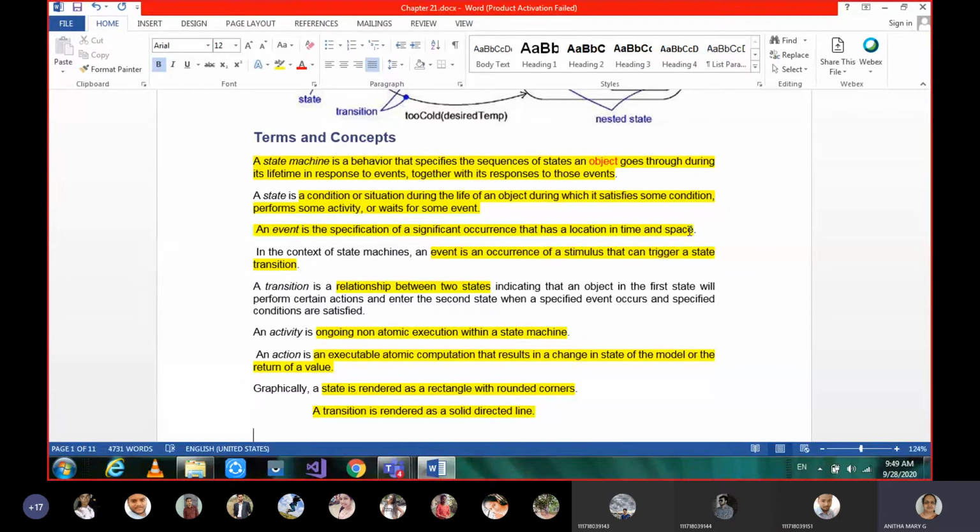So event means we'll specify the details. So what time the inauguration will start, when it is the valedictory. That means when it is starting and when it is ending. So the time we are giving, and within that time space, that is going to occur. So that is what we say as event.